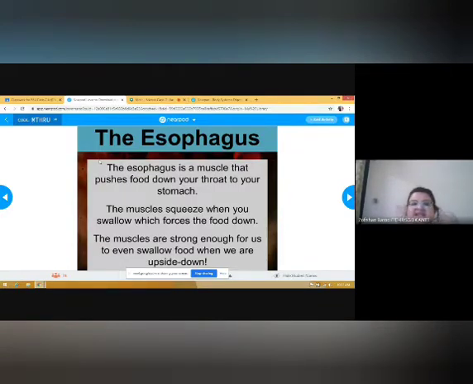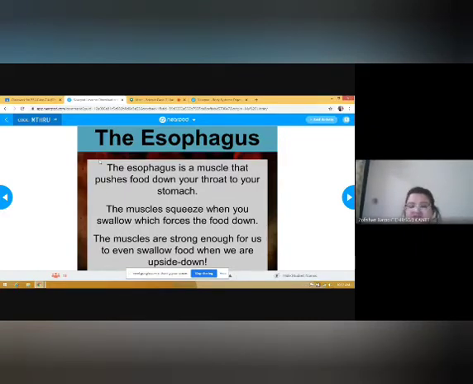This semi solid thing is known as bolus. Bolus is ingested and it goes down your esophagus. Now, what is the esophagus? Esophagus is a muscular tube, and it pushes the food down your throat to your stomach, and that is the only